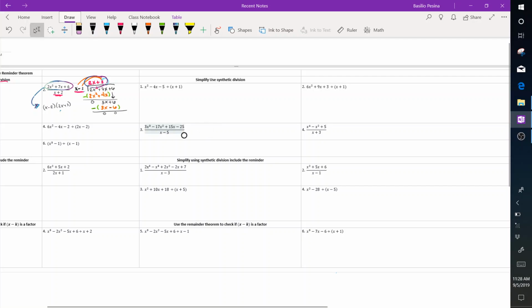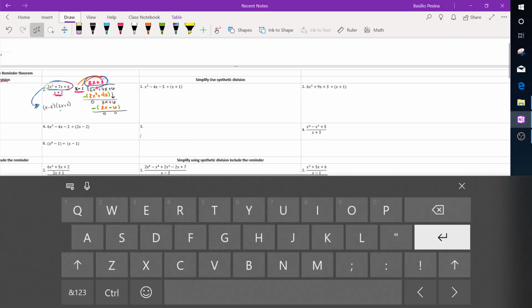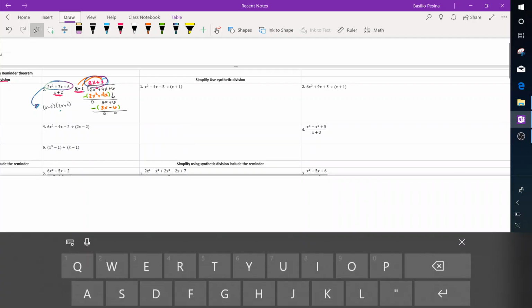So I'm going to give myself a little bit more space here to write, or I'm going to delete it, that's fine too,